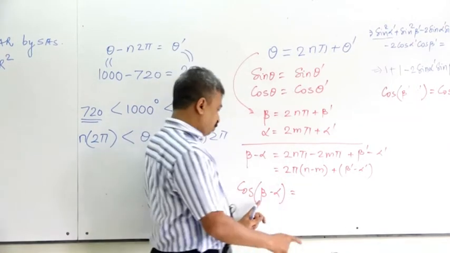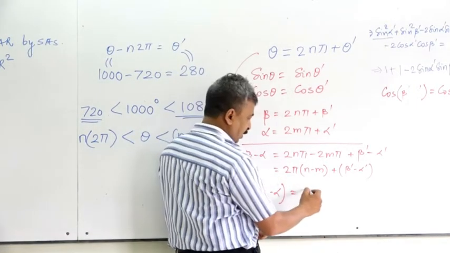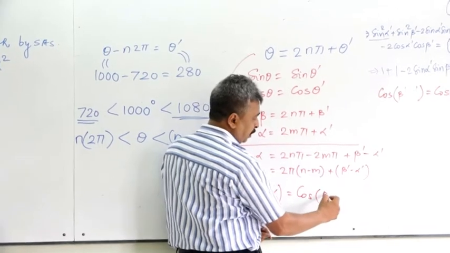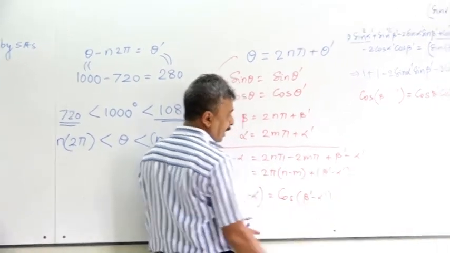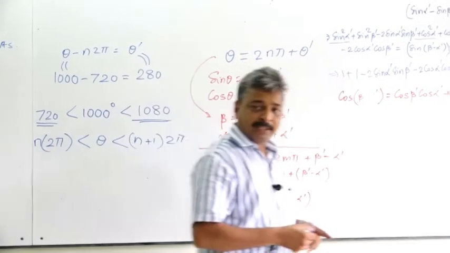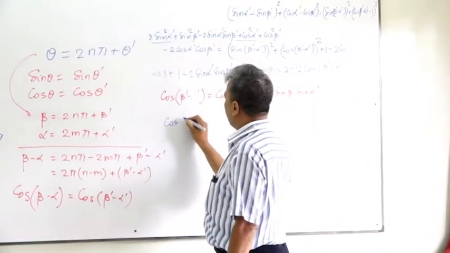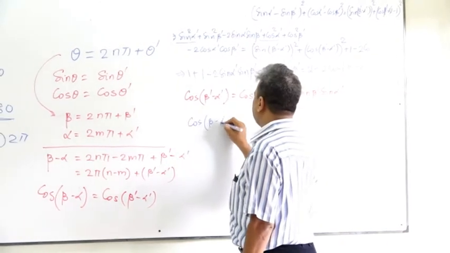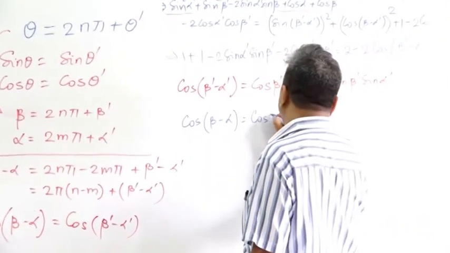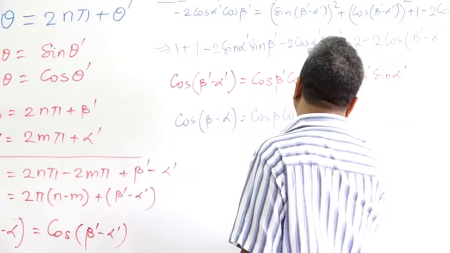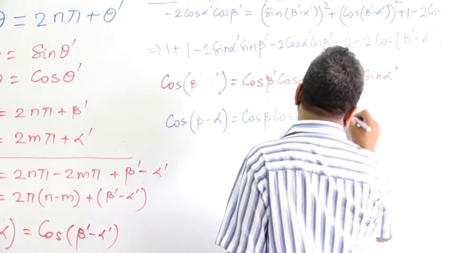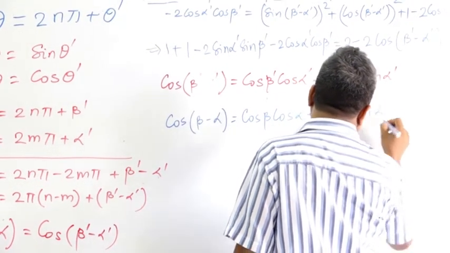Finally cos of beta minus alpha is going to be equal to cos of beta dash minus alpha dash, and hence everything there can be replaced, and we get a very important formula: cos of beta minus alpha is equal to cos beta cos alpha plus sin beta sin alpha,